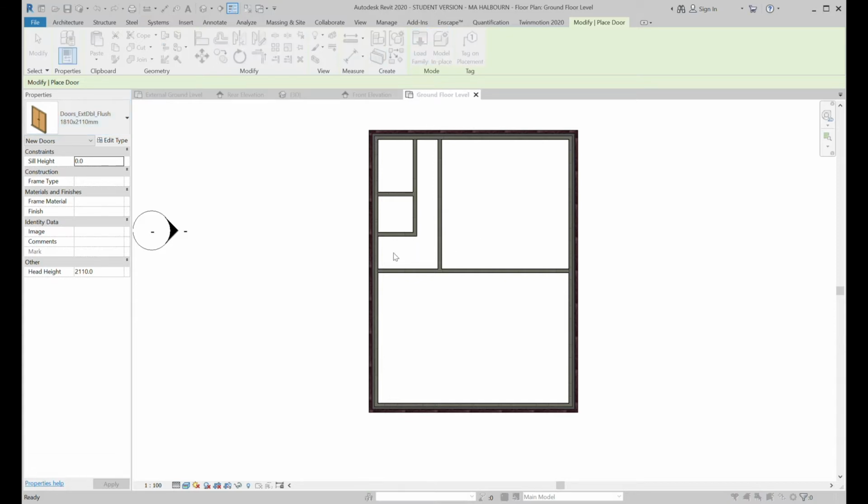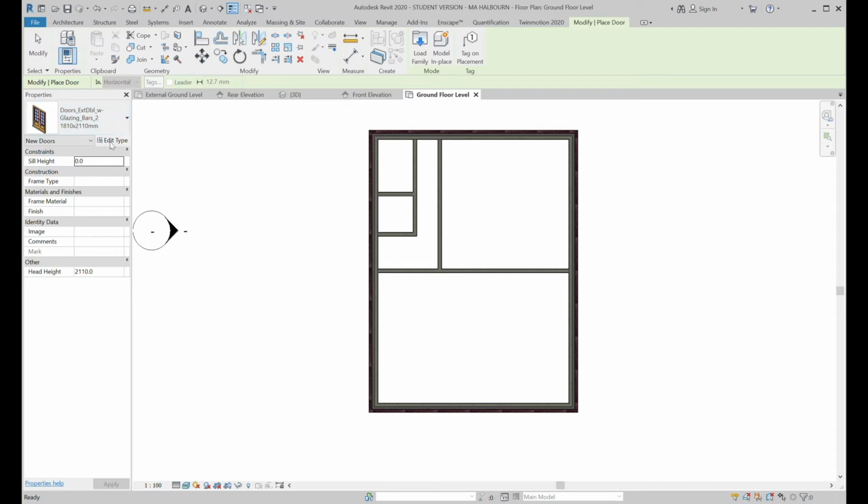load family. So when I load family, we've got the UK metric families, and in here we've got all the items that we would need for building this house. Sometimes you have to alter the family, and I'll show you that as I'm working. So if we go into doors, it's external doors. So what I'm looking for is, let's look at that. Now that's near enough to what we've got. If we open that,